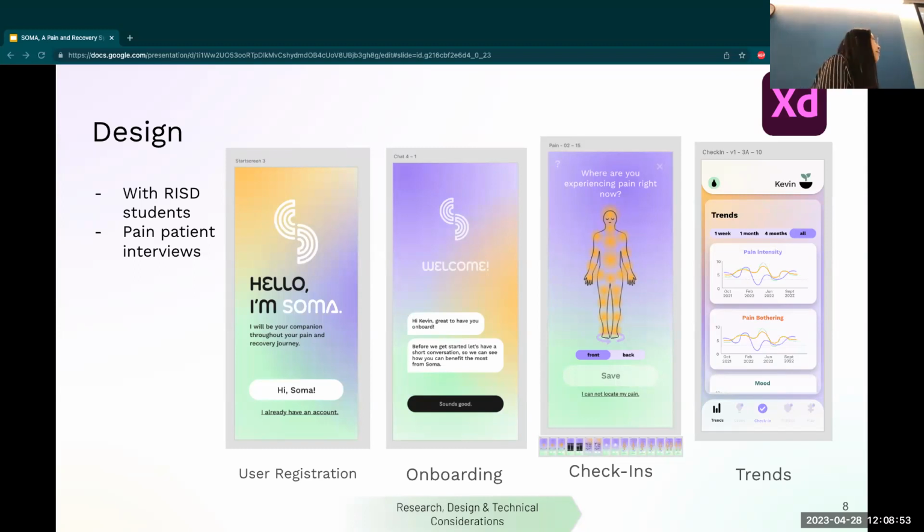By going through this, it prompts you in an onboarding chatbot kind of way to get more information about you, your pain journey, as well as where you are in that. And then from there, you head into check-ins, which is how you'll record your pain, mood, activities, and other things like that. And seeing all of that laid out in trends. And so this was worked on in Adobe XD. And from that,